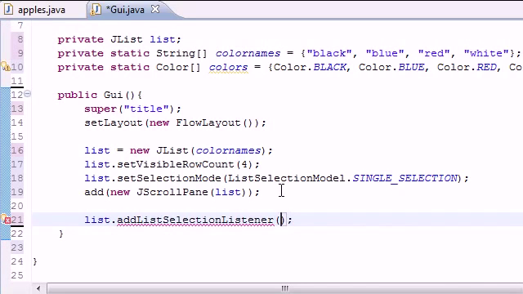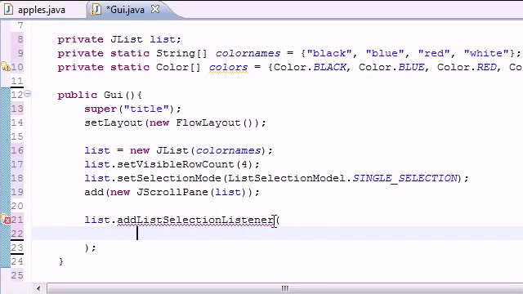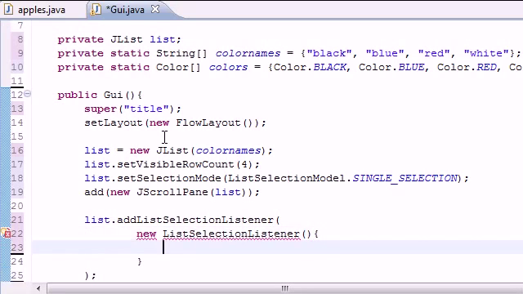And we're going to make, just like last tutorial if you saw, another anonymous inner class. So go ahead and in your first line of the parameters for add list selection listener, what we want to do is make a new anonymous class. And remember, this is just an easier way of handling it. So put new list selection listener, just like that. It's going to take no parameters, and we should say must implement